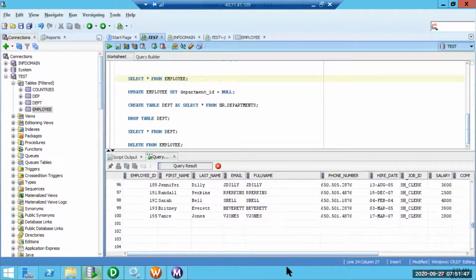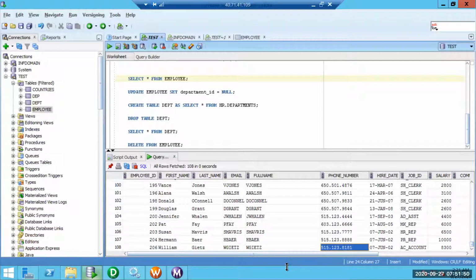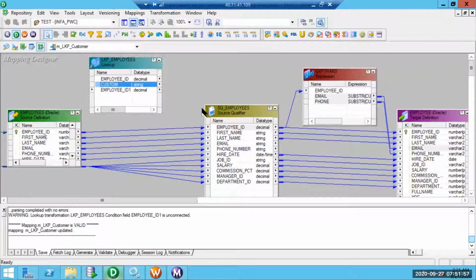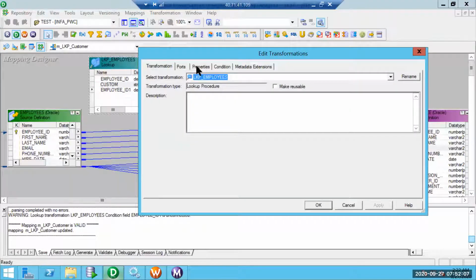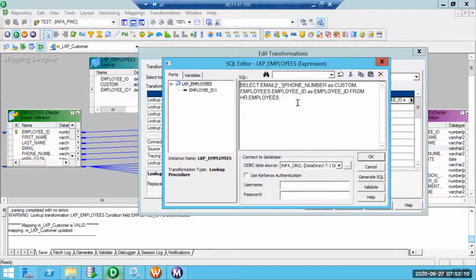This is a typical interview question you can expect in an interview, wherein you are asked how we can populate two columns using an unconnected transformation. Using a connected transformation, it is very easy. Using an unconnected transformation, we need to make use of a lookup SQL override, where the columns we want to return or populate in the target are concatenated with a proper indicator which can be used to split the columns.